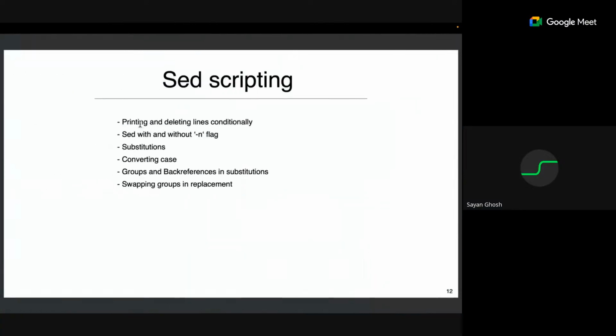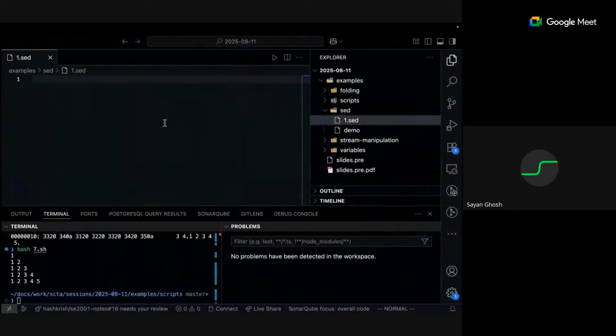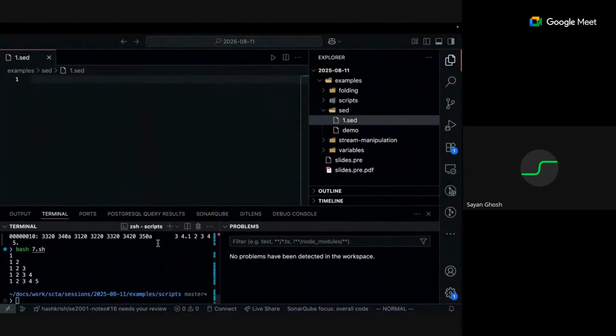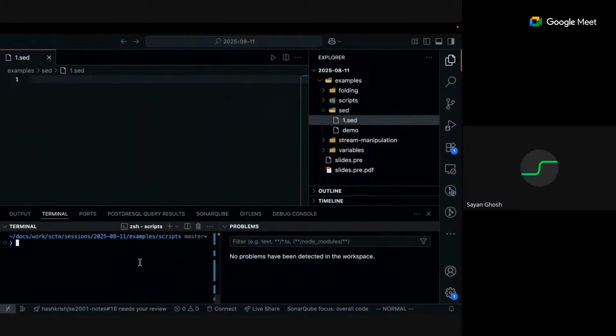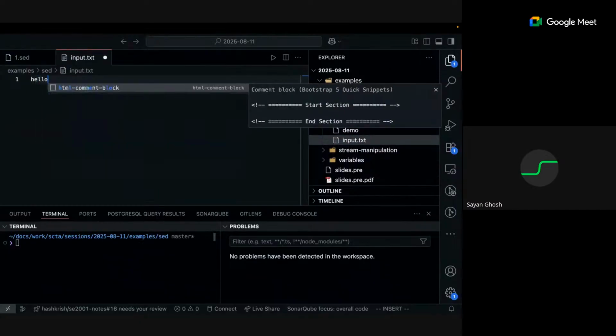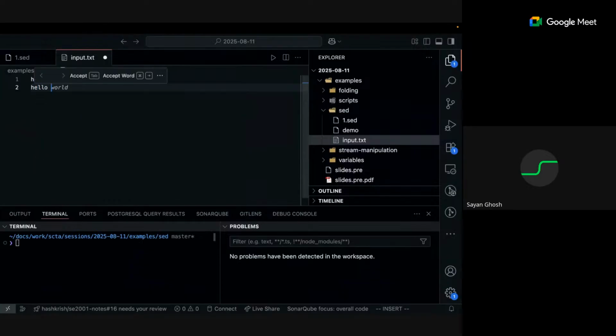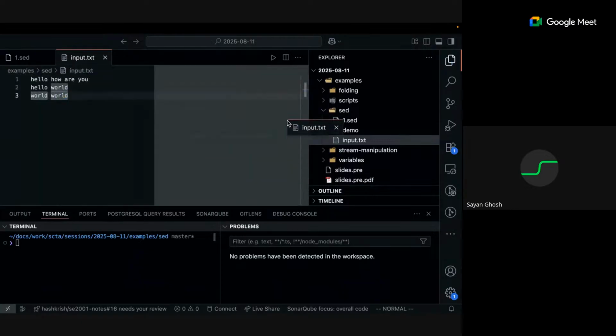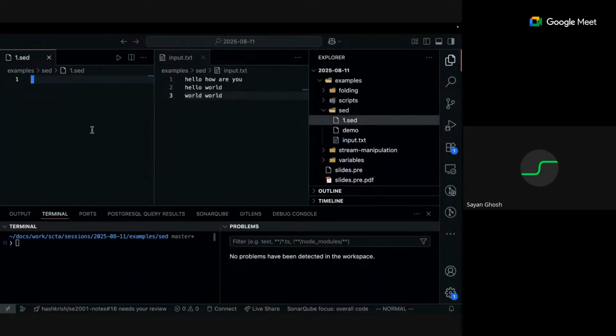Okay. So the first thing is printing and deleting lines. That is the simplest thing you can do with sed. So let me create a file that I can use, and we'll use that file for everything. input.txt. I may change this later. Okay, let me keep this on the side. So the simplest thing is you can match for a certain pattern, and you can print or delete that pattern,